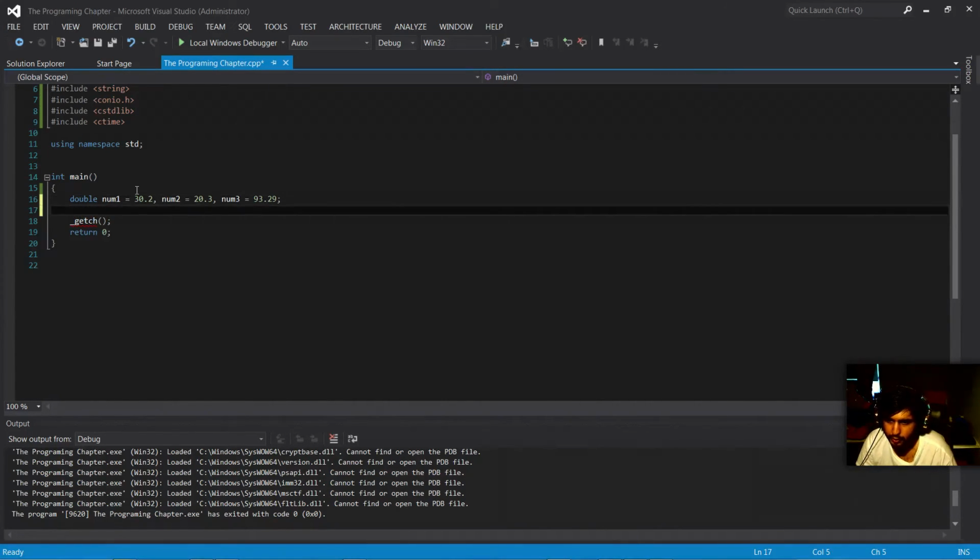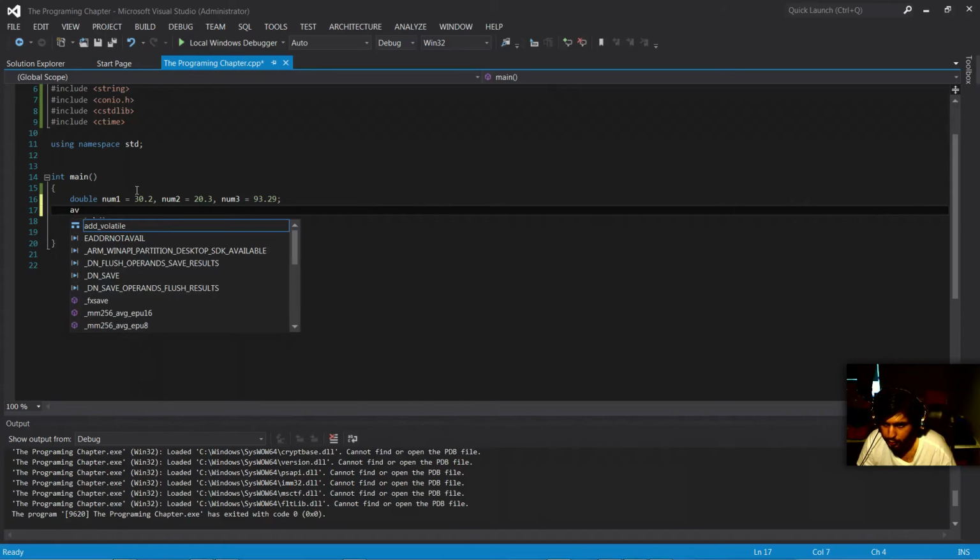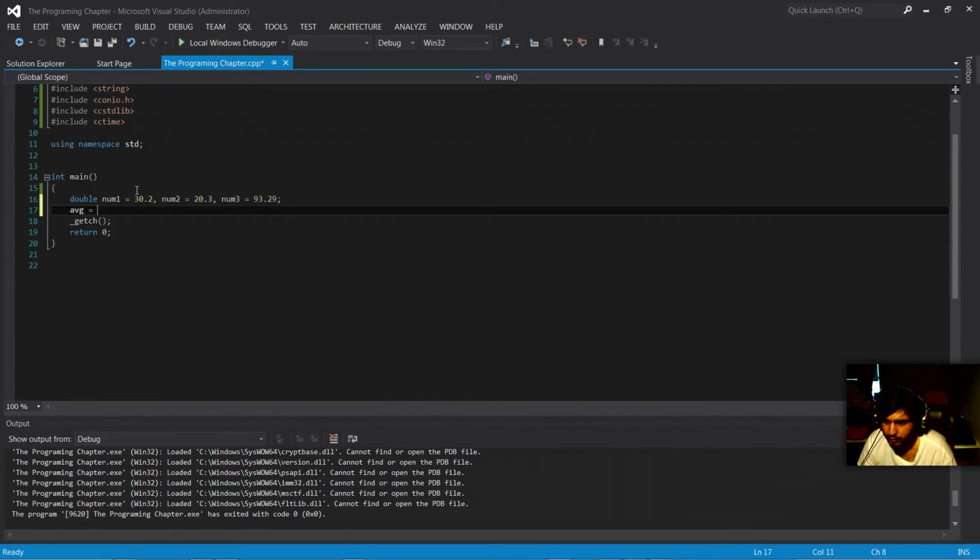Okay, so after we do that, then what we do is that we do average, and then we do number 1 plus number 2 plus number 3 divided by 3 equals, okay, well actually